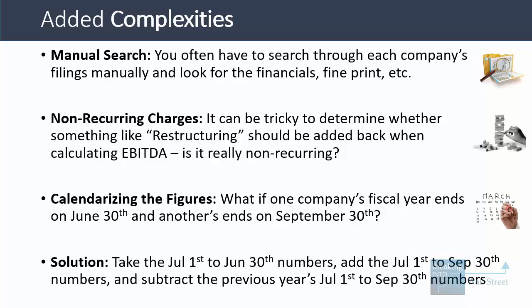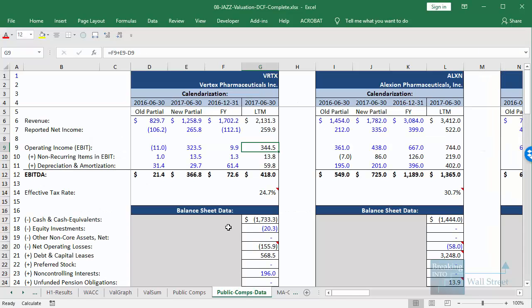So for example, you might have to take the July 1st to June 30th numbers and then add the July 1st to September 30th numbers from this year, and then subtract the July 1st to September 30th numbers from the previous year to calendarize it and change this company's fiscal year to match up to the September 30th ending one instead. We're not going to go through this in detail, but just to give you a flavor of that, I